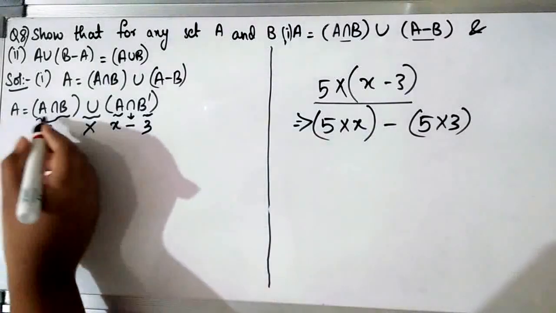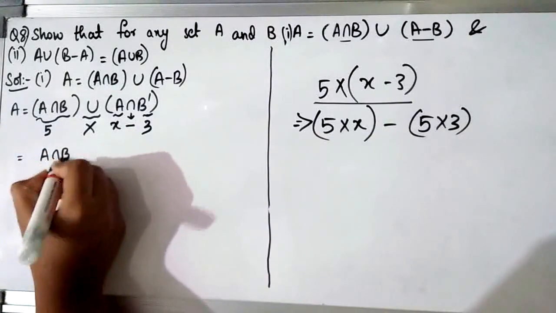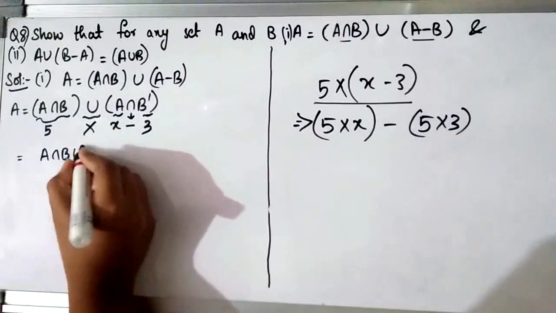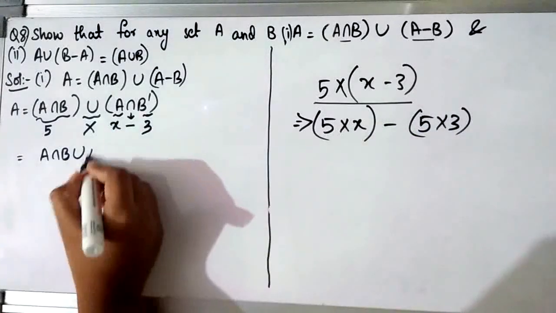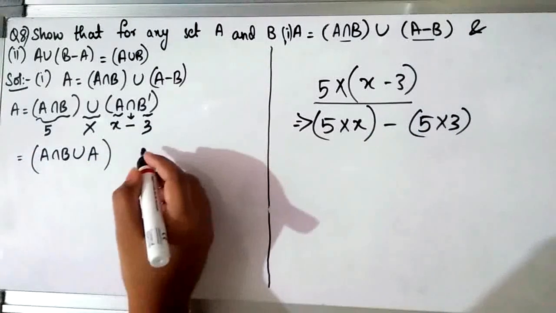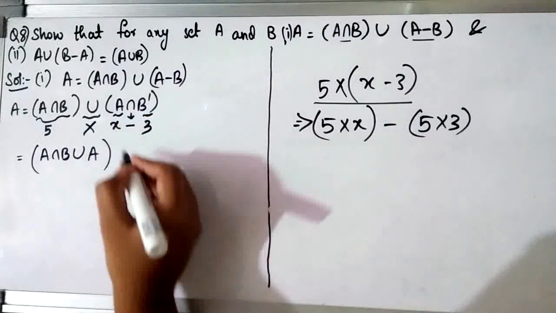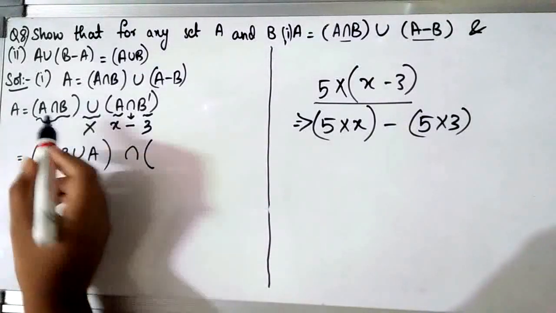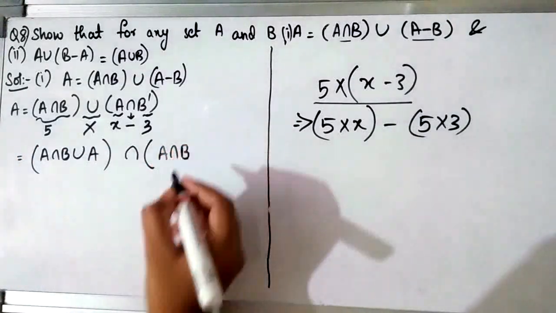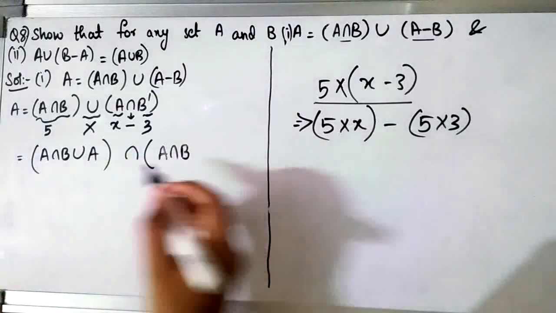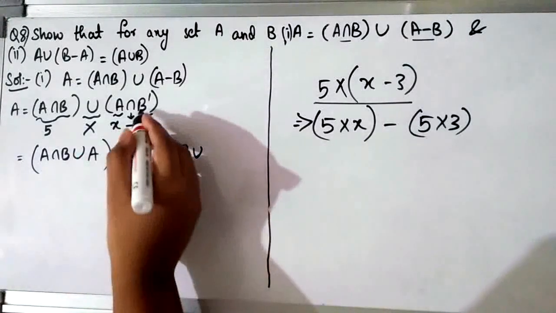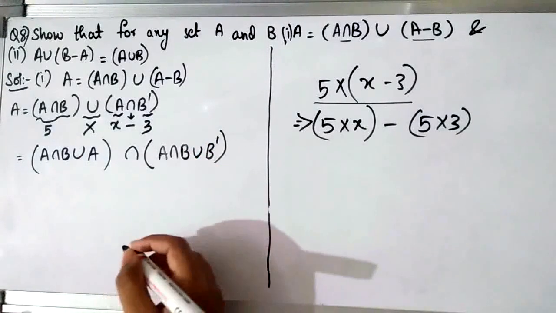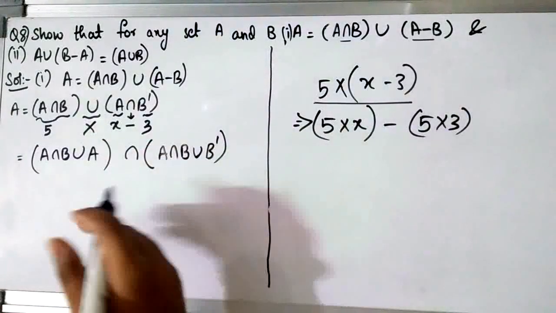So the same thing we are going to do over here also. We have 5 into X. Now this is 5, so that into X. What is into? Into is union. And X is A. Then minus, which was our intersection. Then 5 into 3: 5 is A intersection B, into is union and 3 is B complement. So we got our next step by comparing it to an equation.